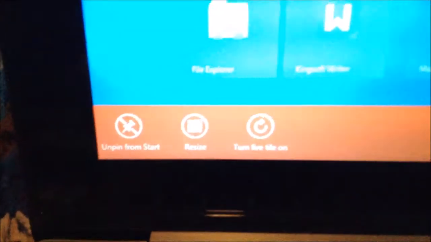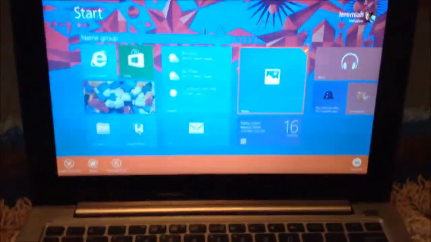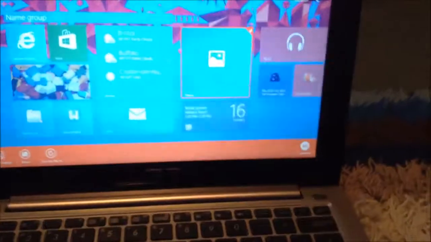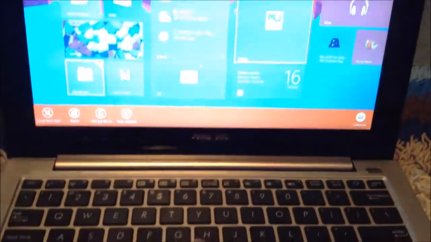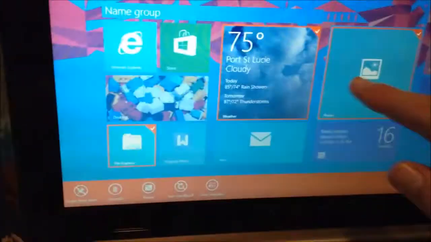And when you select one, you can resize it. You can unpin it from start. You can turn the live tile on. All those different good features, depending on which tile you're selecting. Again, here you can change the sizes, and you can select multiple tiles here, and you can move them all